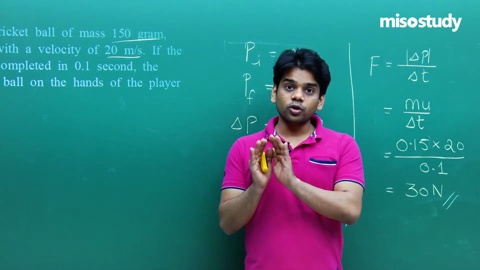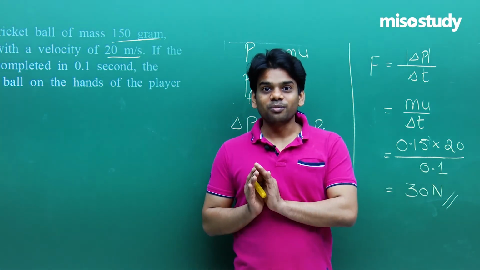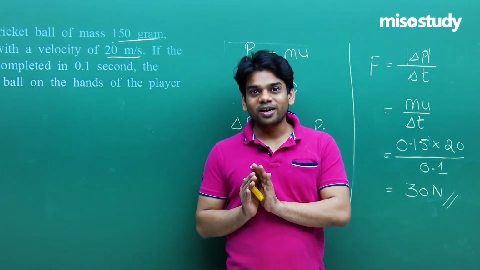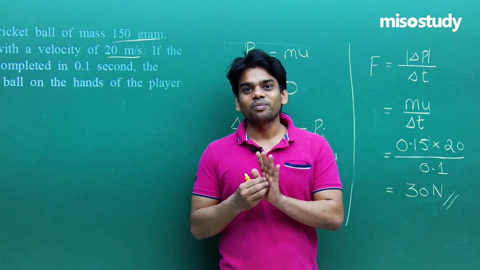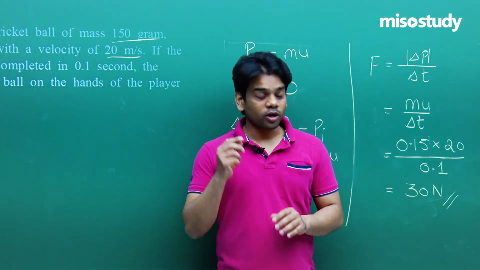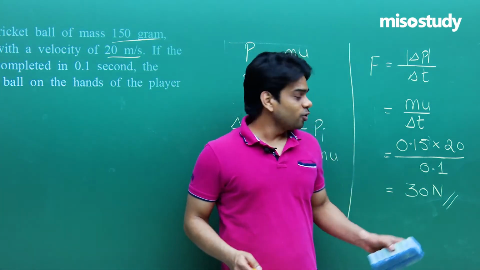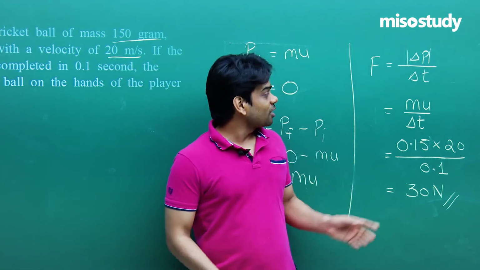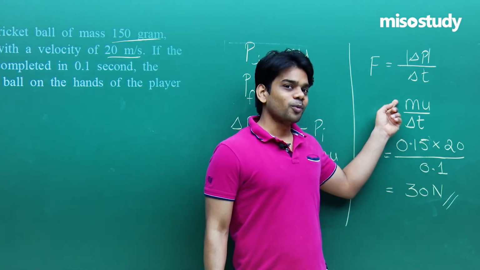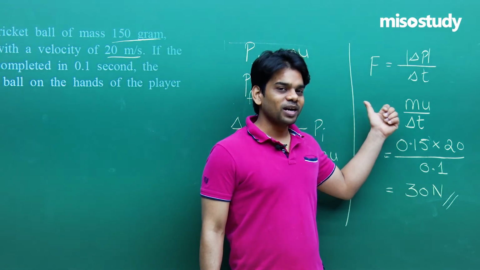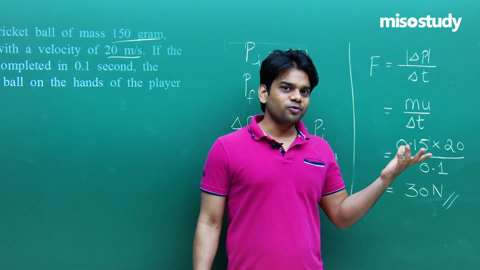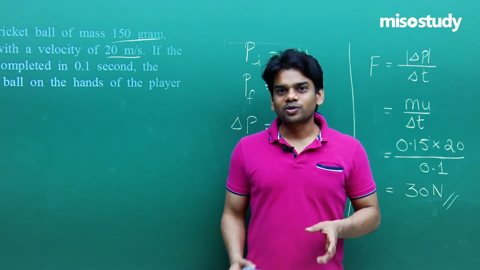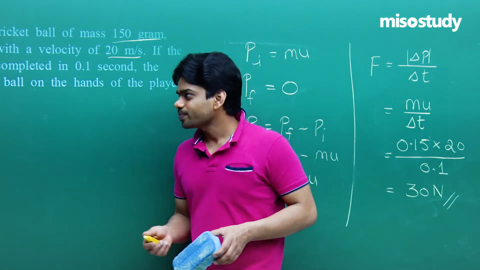If you just hold your hand at the same point, you will feel the maximum impact. Your hands will feel the maximum pain because the force will be maximum on your palms. This is what you need to take care of. So 30 Newton is the answer, and I discussed the time also and mass also. You can see that mass is directly proportional to the force that the ball applies. So the heavier the ball, the more force your palms are going to suffer.